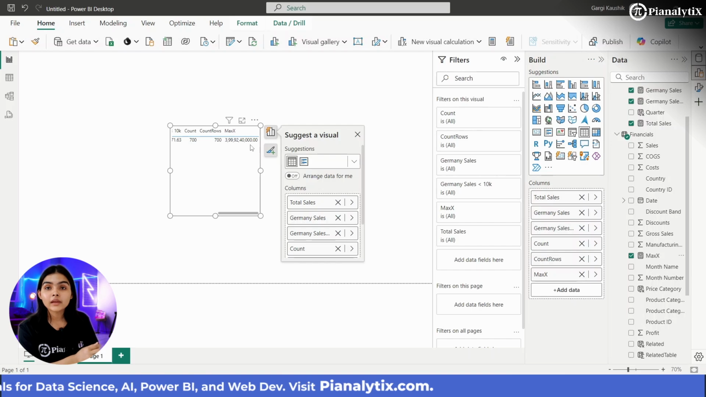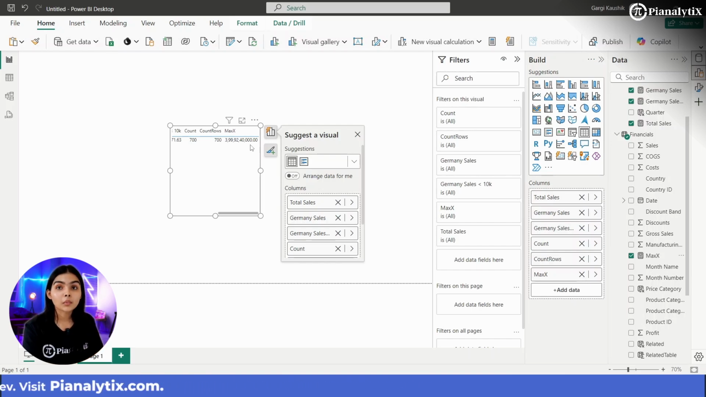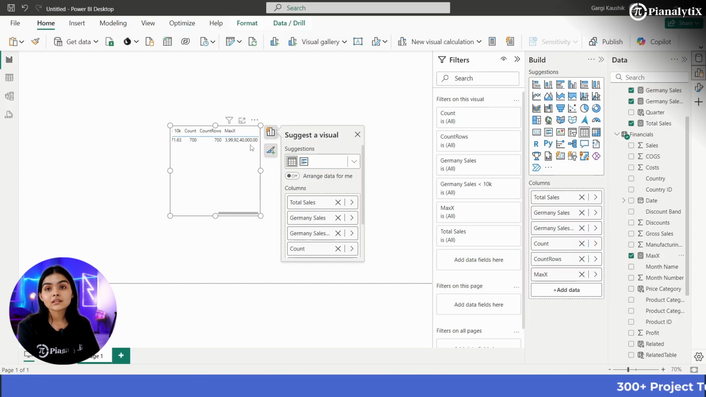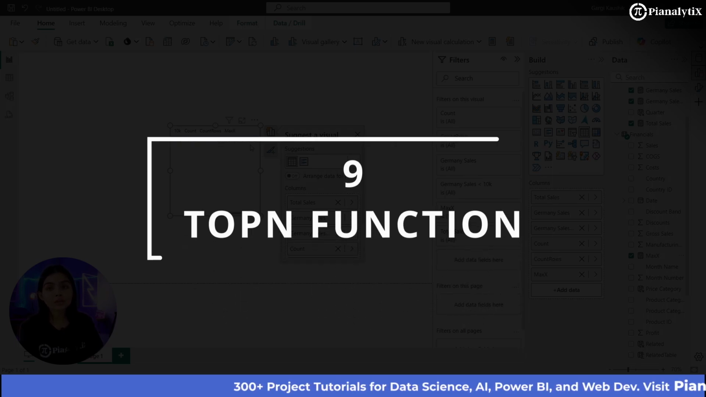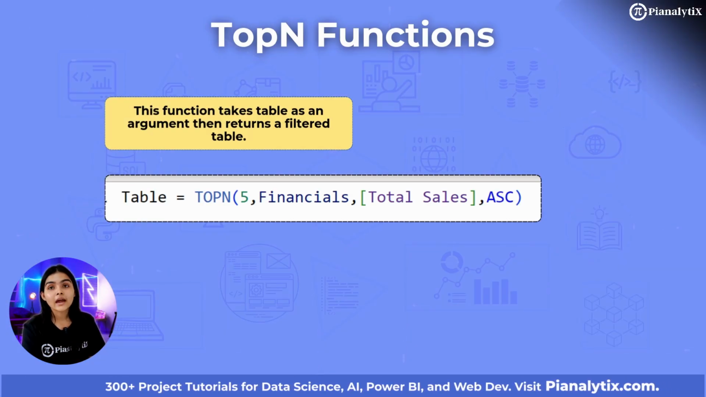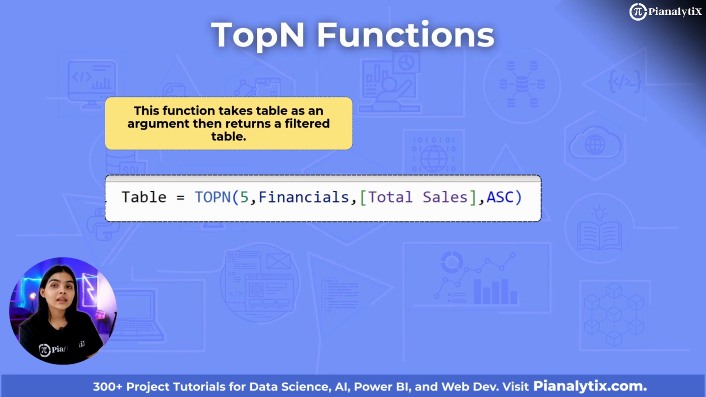And there is SUMX, PRODUCTX, AVERAGEX. You can try all 5 of them. And this is a must know DAX function again. And then finally, the last DAX function that you must know is the TOPN function. So what the TOPN function basically does is that it takes a table as an argument and then it returns a table based on the filter that you applied. So it returns a filtered table, and you can use this by